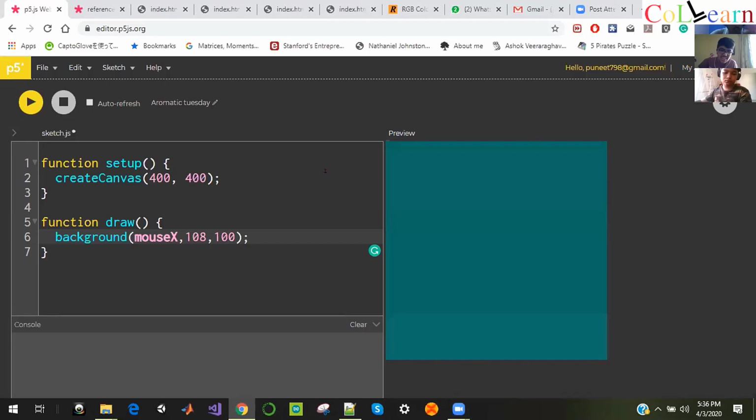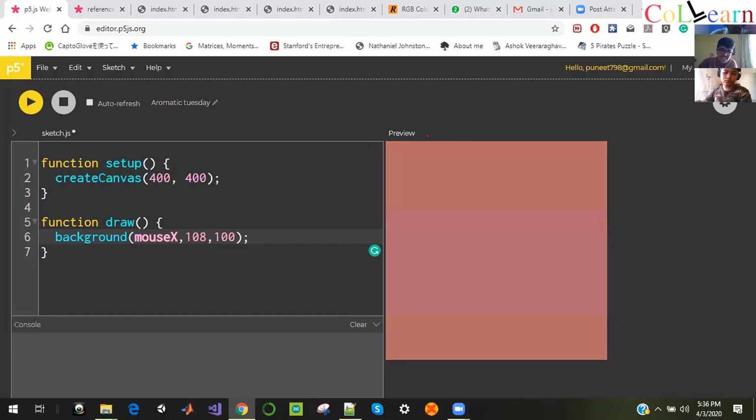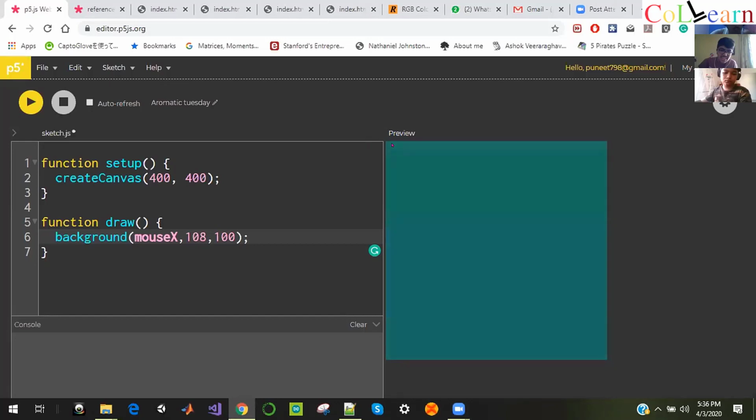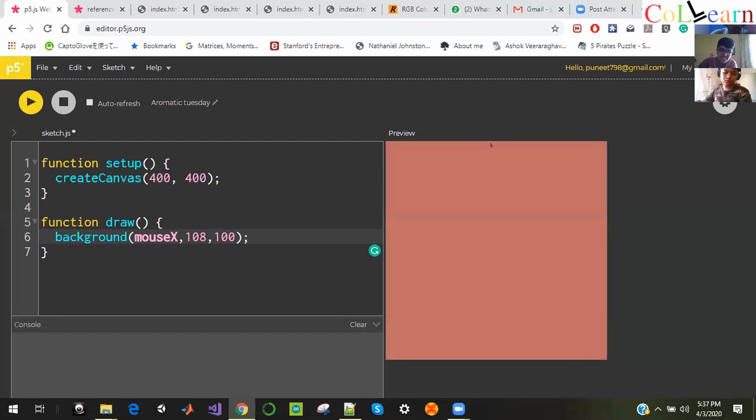So mouseX represents the position of the cursor on the screen. If you see my screen right now, you see where my mouse is. This point is 0, 0. And if you move to the right-hand side, see the color is changing.